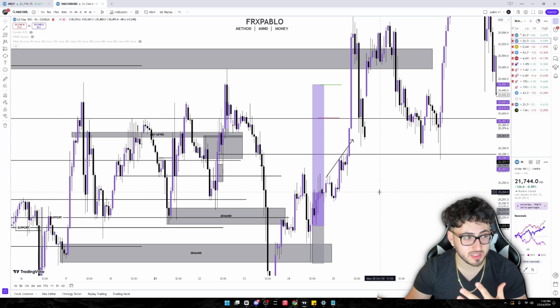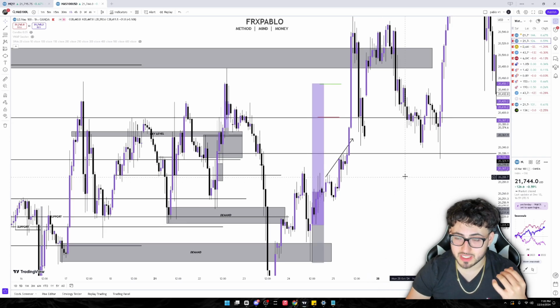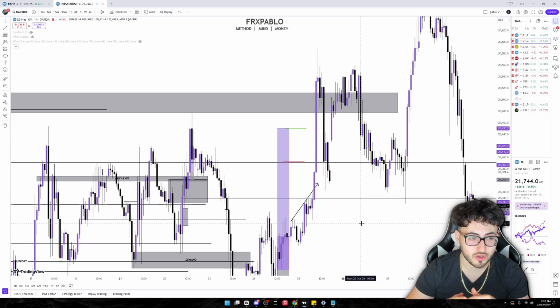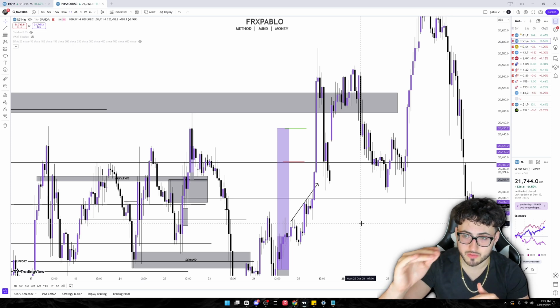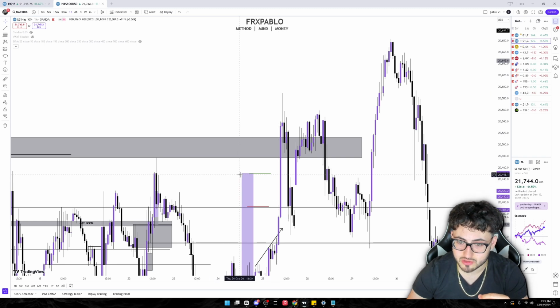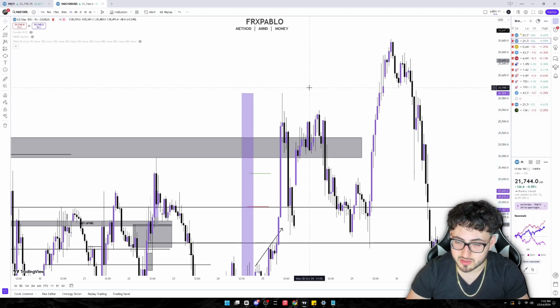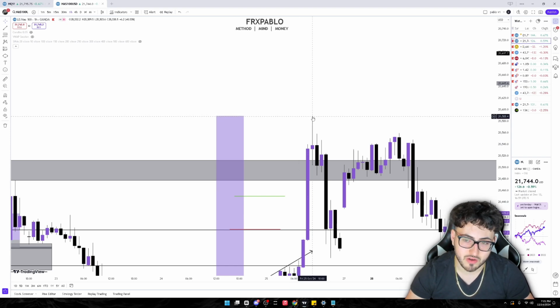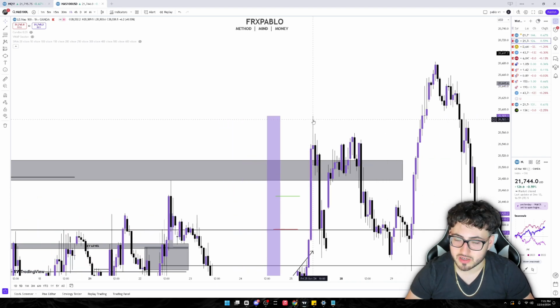Unless there's news and something like that. But you can't predict the size of the move. So you have to be trailing constantly to be able to make those micro adjustments and go with the volume, right? You're not really going to be able to capture the peak, like assuming that you're going to capture the peak right here, and then right here you're just going to have a message from the heavens that's going to tell you, oh, this is the time to close your position. You're not going to know that, right?